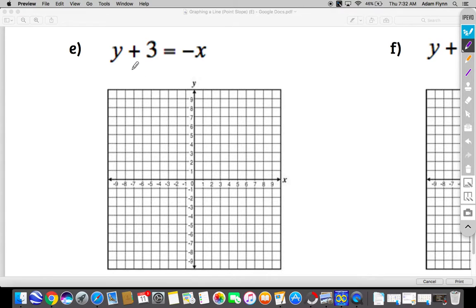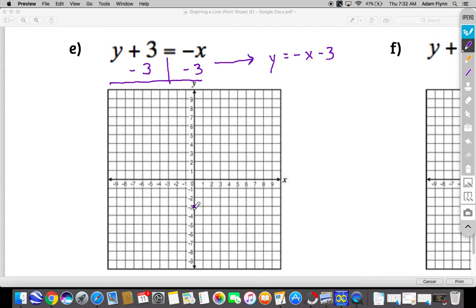So all I have to do here to get the y by itself is subtract 3 and subtract 3. And when I do that, write my new equation over here, I'm left with y equals negative x minus 3. No distributing required there because we did not have parentheses. So I'll start at my y-intercept, which is negative 3, and my slope appears to just be a negative sign, so that will be